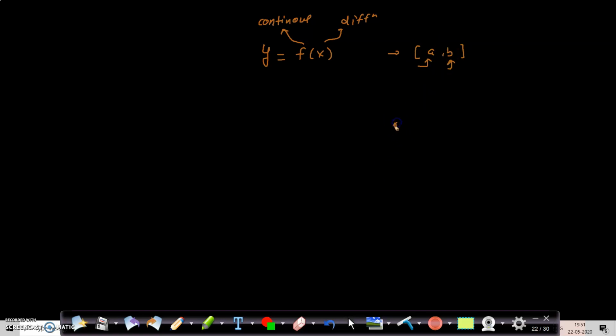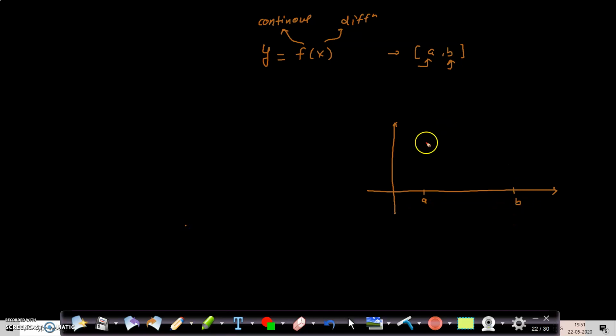Okay, let's try to draw it. So let's try to solve it. Before going into depth, just try to understand we have a function which is continuous and differentiable. So now just try to plot this part here. Suppose this is A and we have a couple of points, and at the end we have B. Okay, so we have this thing.